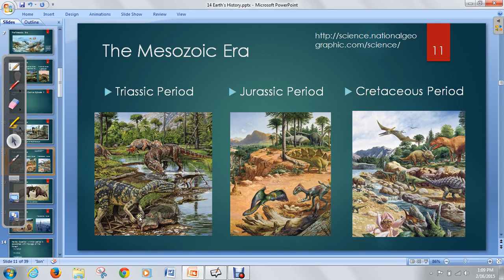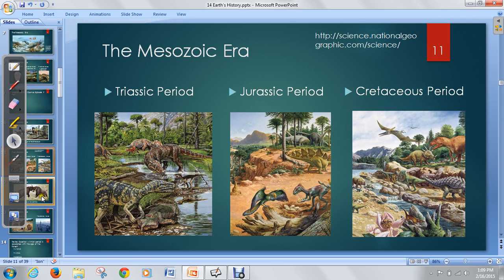Again, this is a long stretch of time. It's about 250 million years to 65 million years. And so we're looking at about a 200 million year span of time when dinosaurs roamed the earth. A lot of diversity, very long period of time. But again, as you know, there's a mass extinction that occurs, most likely from an asteroid or a meteor hitting the earth and ash being spread everywhere and getting into the atmosphere and killing off most of the dinosaurs.